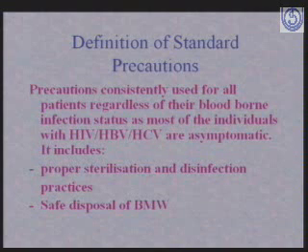And these precautions should include proper sterilization and disinfection practices and safe disposal of biomedical waste. So these precautions have to be taken for all patients, not only the patients who are infective. We shouldn't say that because this person is HIV positive or hepatitis B positive, therefore I'll put on my gloves and take the precautions for this person. And if another person comes and we don't know the HIV status or the hepatitis B status, we may be at risk. So these precautions are laid down universally.